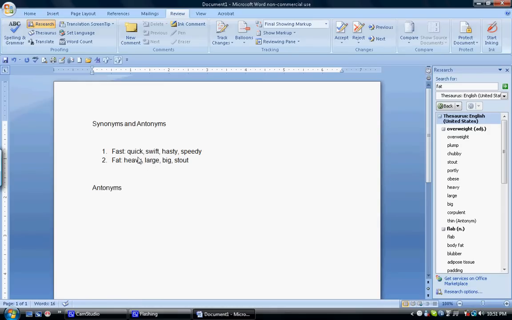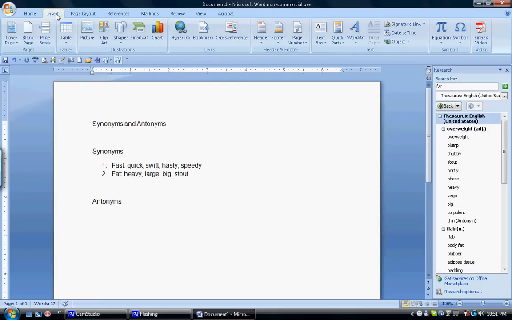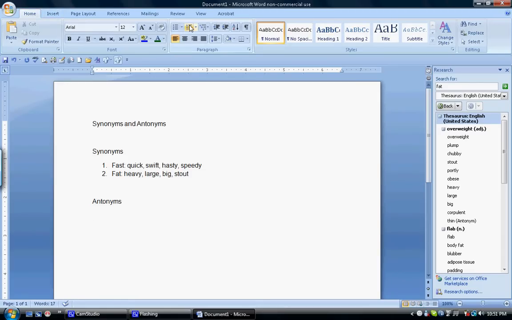Oh, before I forget, I saw that I skipped a step. Let me go back. Here I was supposed to type synonyms. Okay, now that's correct. I'll go back to antonyms, enter, and I want to insert numbering. Sorry, I go to the home. I forget I'm not on XP. I go to the home tab and I click on numbering, and there you see we have number 1 again